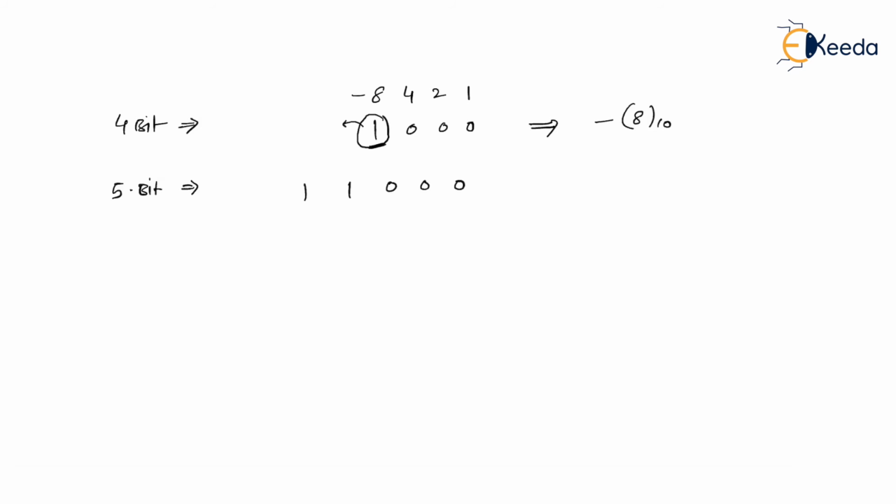If you have not understood, just stay tuned. If it is 5-bit, I hope you remember the weights are -16, 8, 4, 2, 1. Check it out. Still MSB equal to 1. MSB equal to 1 indicates it's a negative number. Let's see what the number is exactly. As you can see, the ones are written below -16 and 8. So try to add -16 plus 8. Obviously it is -8. So it is -8 to the base 10, right? As you can see, the value is not changed. Size of the number is changing, but value of the number remains the same, -8 to the base 10.